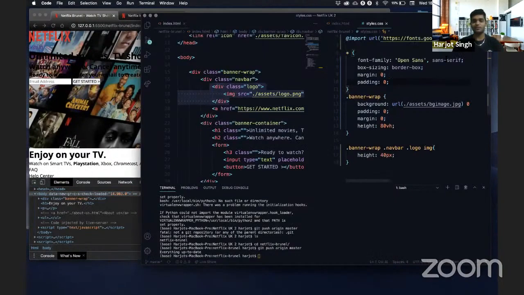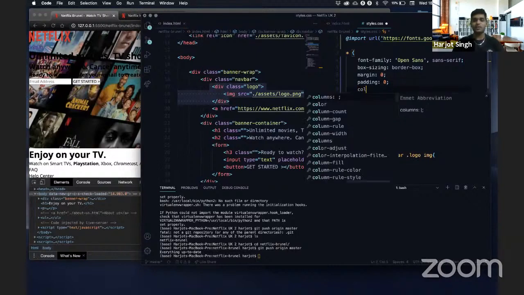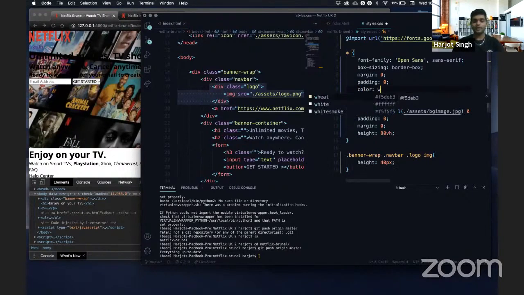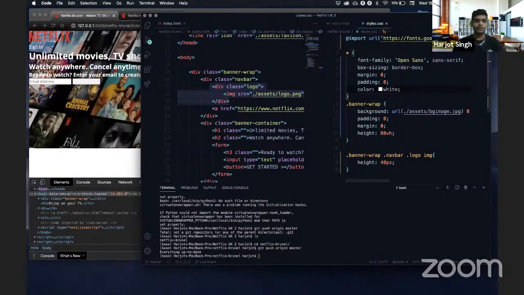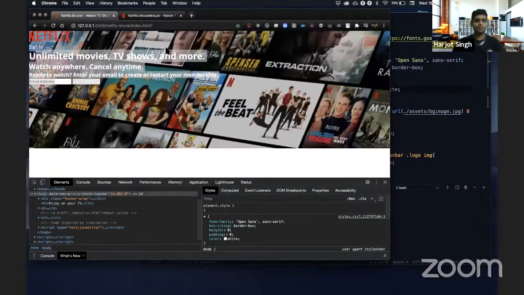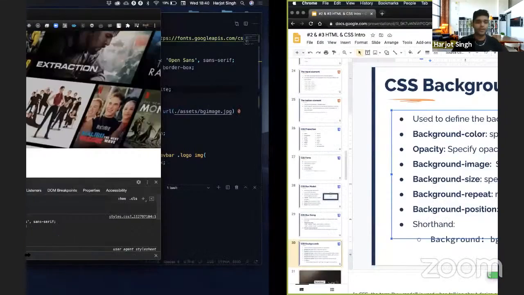Let me just change the color of the entire document to be white. So you can see like it's all over the place. How do we reformat this properly? And that's where